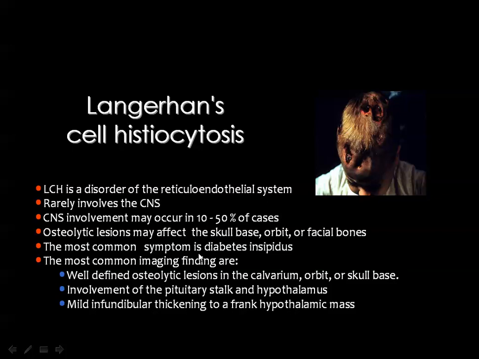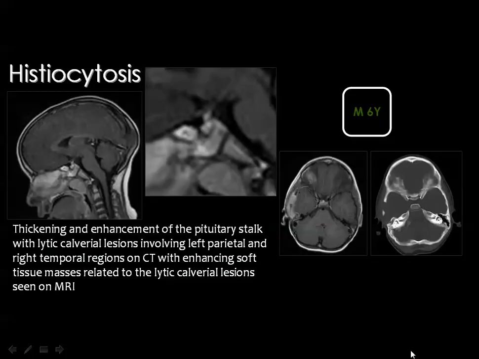The most common symptom here is diabetes insipidus, and the most common imaging features are well-defined osteolytic lesions in the calvarial bones, involvement of the pituitary stalk and the hypothalamus, from mild infundibular thickening to a frank hypothalamic mass. Of course, the calvarial pathology will help you to predict the nature of histiocytosis here. And you see that this is the pituitary gland, and the infundibular stalk is slightly thickened, but on CT and MRI, you see this osteolytic lesion in the temporal bone, and you see the enhancing soft tissue component surrounding the